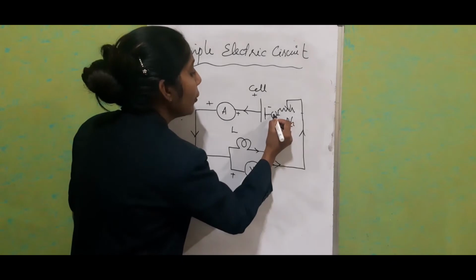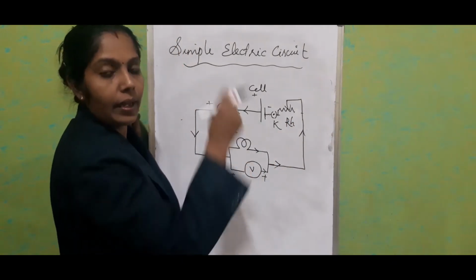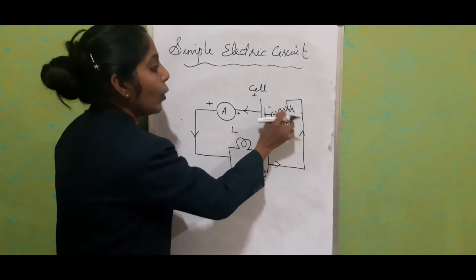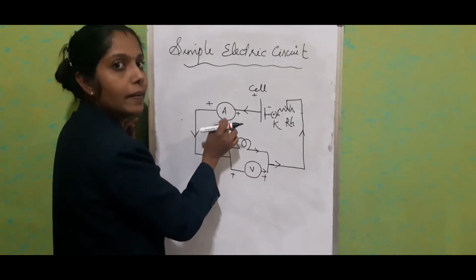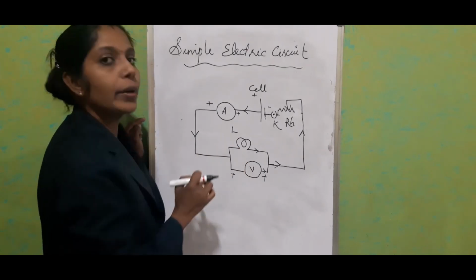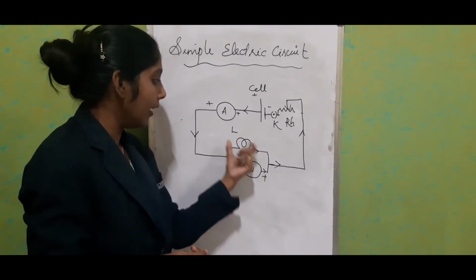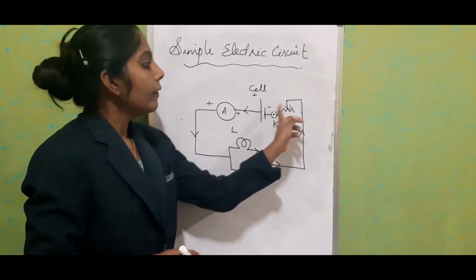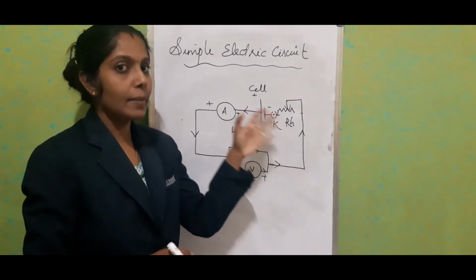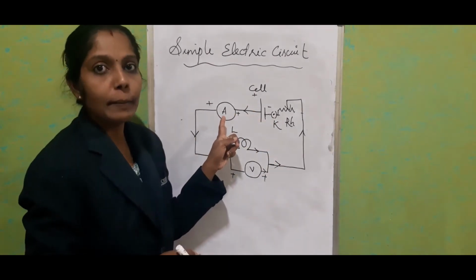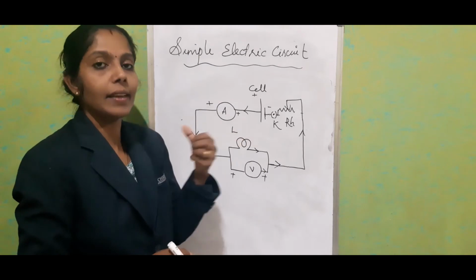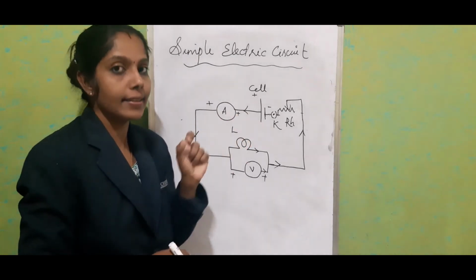Now we are going to plug in. Put the key inserted. Now what happens? According to the position of the rheostat, the ammeter shows some value. Correspondingly, the voltmeter also shows the voltage across the bulb. Now we are going to change the position of the rheostat. If less resistance is available in the circuit, the current will be more. In the same way, the voltage also increases, or the brightness of the bulb will be more, if less resistance is available.